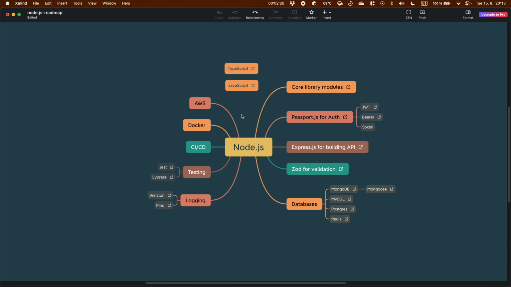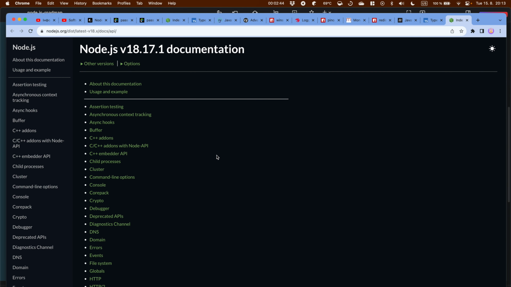Okay, long story short, you know TypeScript and JavaScript. That's great. Then you need to start with core library modules. It's very important to study the fundamentals of Node.js.